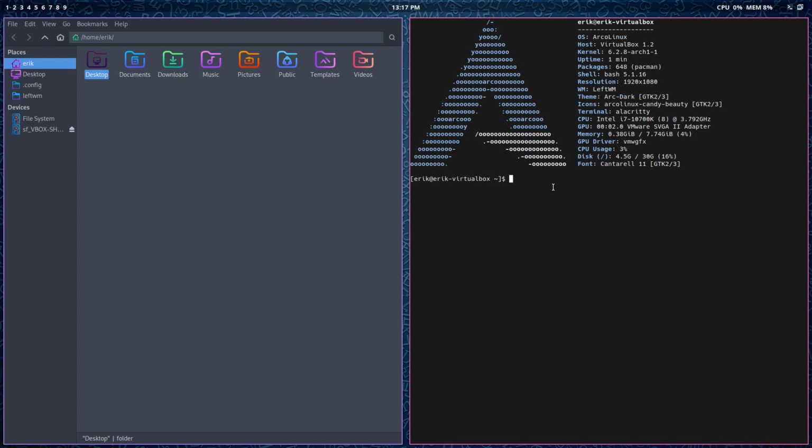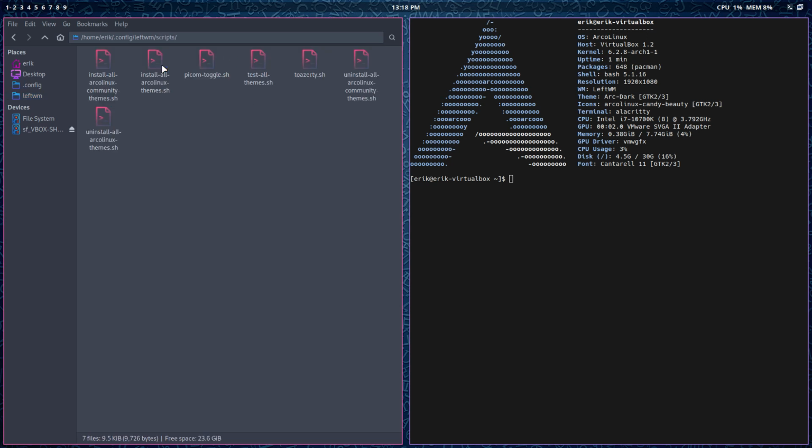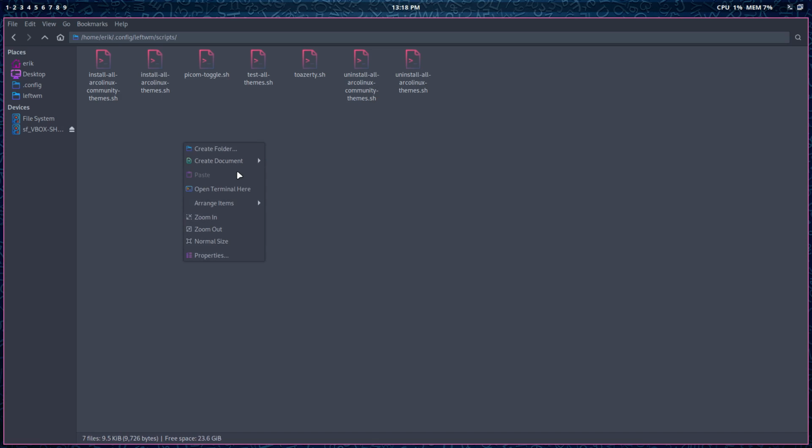Now there are many things in here, so it's also already a good test for me, because I know that the app that is now installed works. That's important. The scripts that we have, I can test them as well. Install all ArcoLinux themes. So we have here,